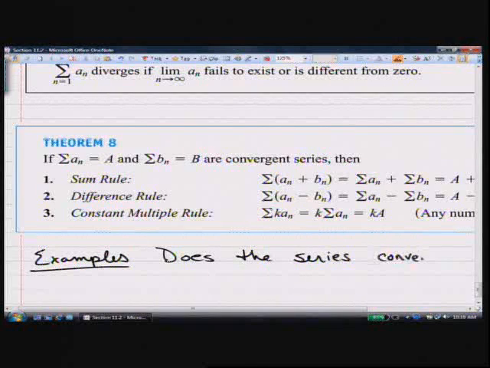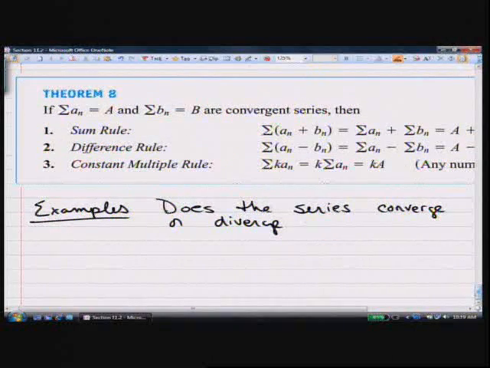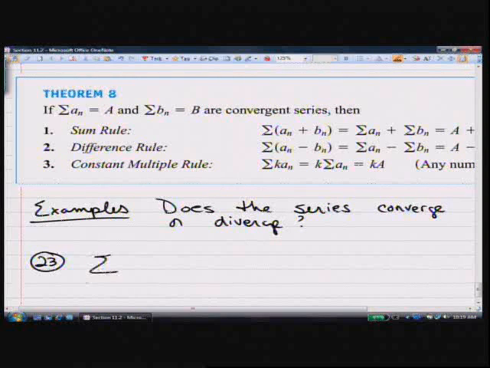Again, I'm just going to be taking problems from your text. Let's look at number 23. Here's a series: the series as n goes from 0 to infinity of 1 over the square root of